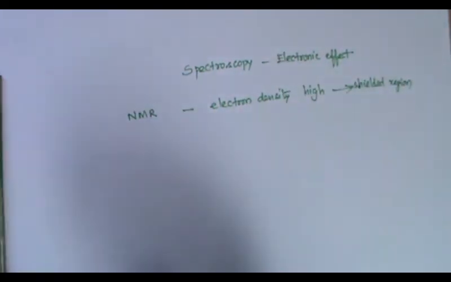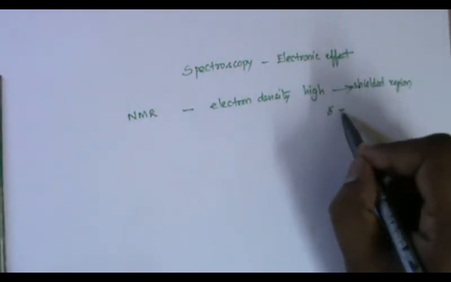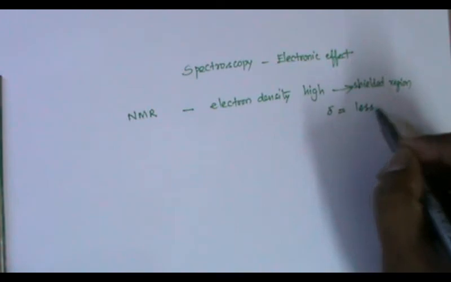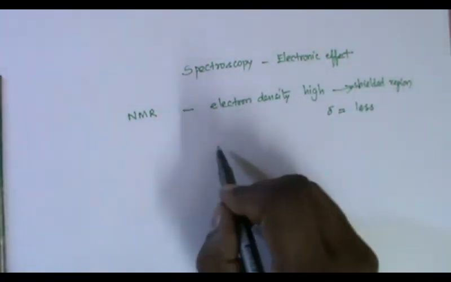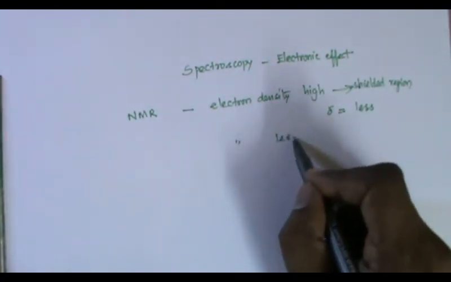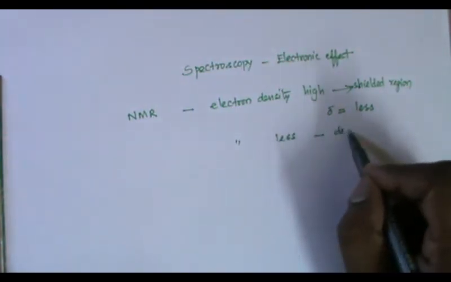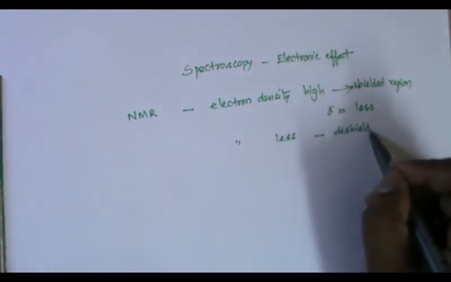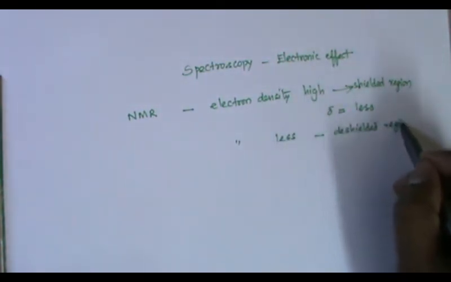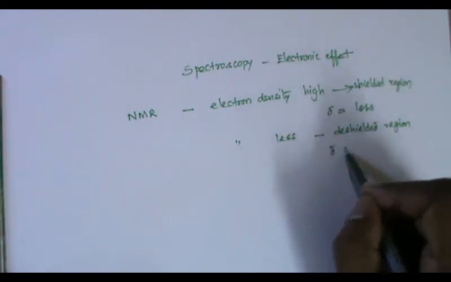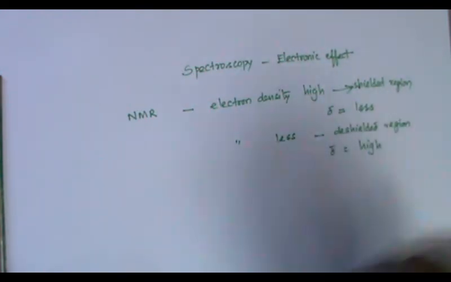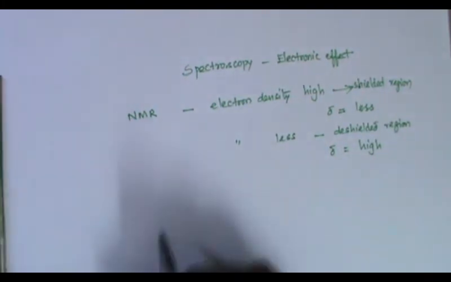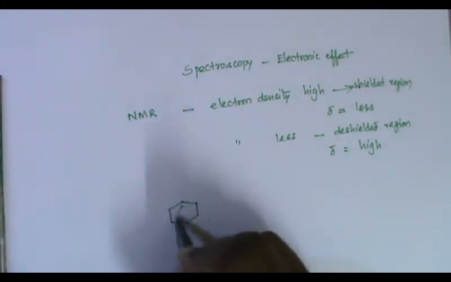That is, the del value will be less. If the electron density is less, then it will go to the de-shielded region. Del value will be high. For example, I go for